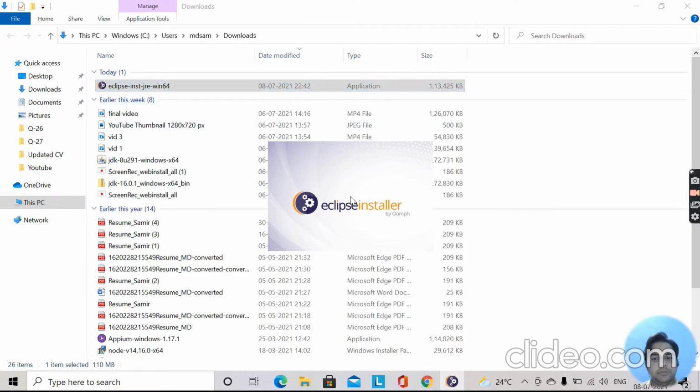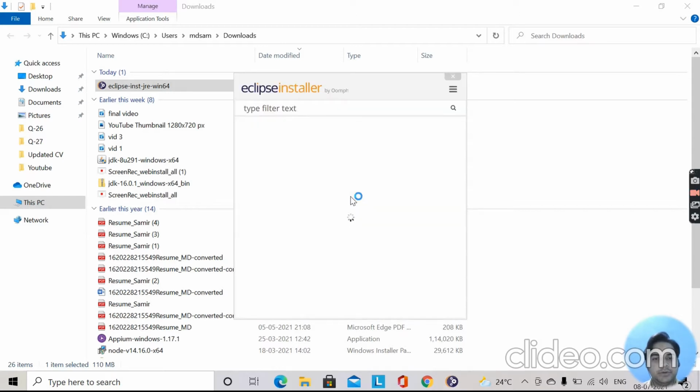So you can see Eclipse installer is getting started. Just be patient guys. It will take some time as it is trying to do all the initial setup for us.